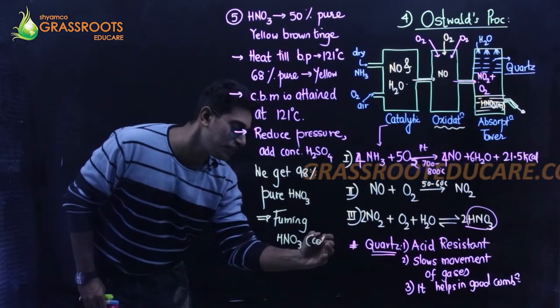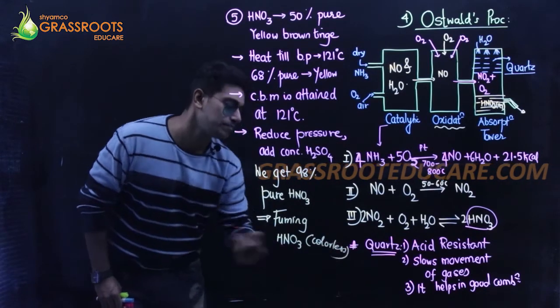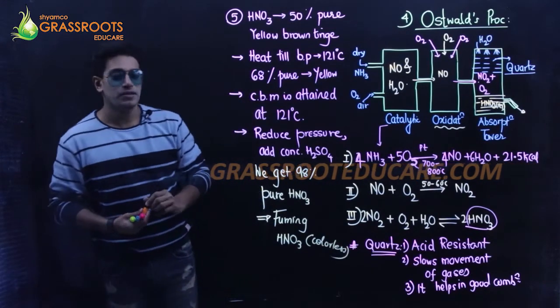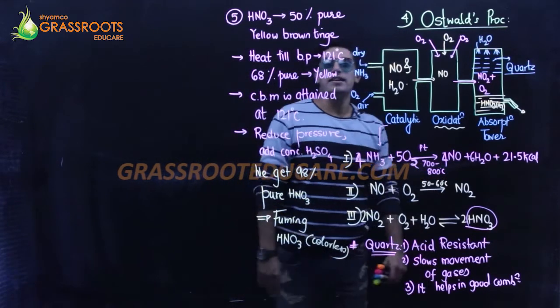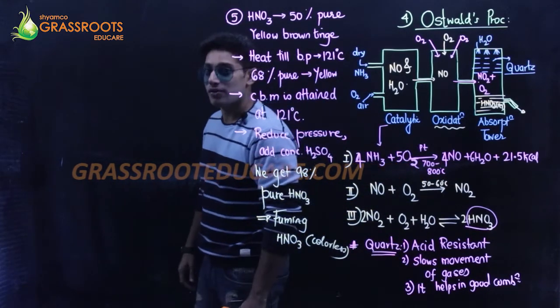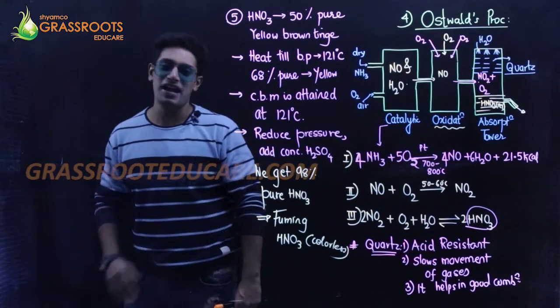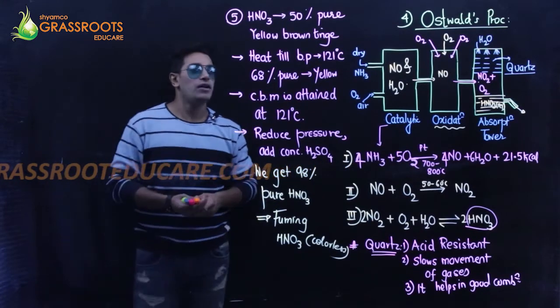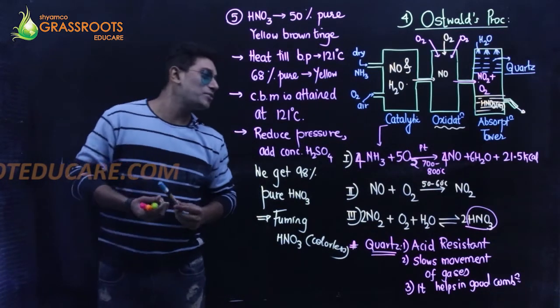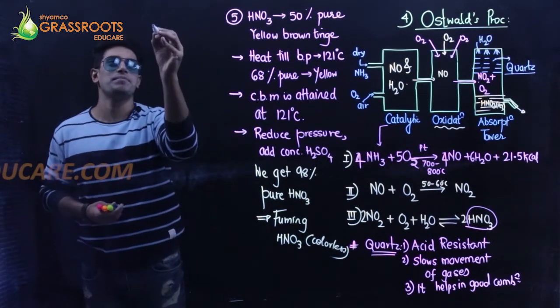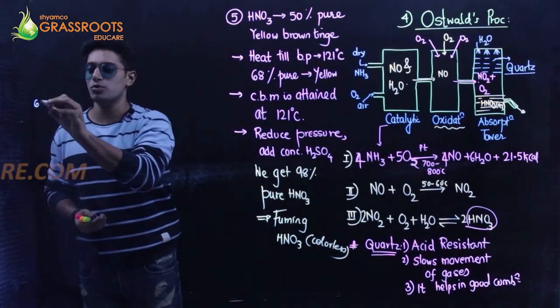And this fuming nitric acid is colorless. So remember, the highest purity that can be obtained in nitric acid is only 98% pure, right? It's called fuming nitric acid and it is colorless. Alright, my sixth answer for y'all. Which color should I use? Blue? Yep. Okay, in the sixth answer, students,